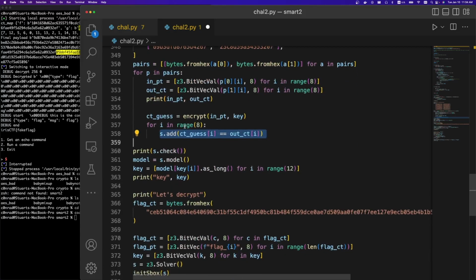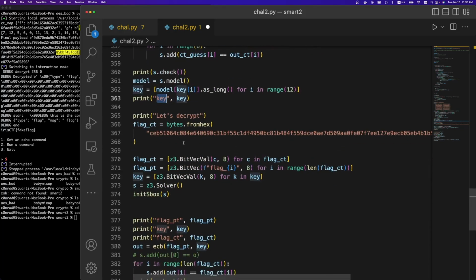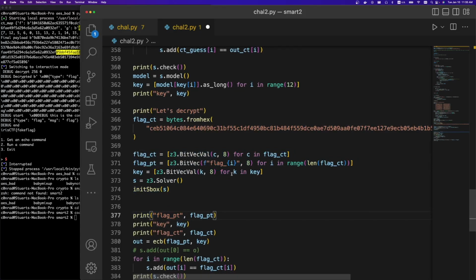I don't know how many pairs we actually need, but we do that and we ask if it's able to solve itself. It is able to solve. It says SAT. Then we generate a model and we ask it for the key and it'll give us the key. And then from there, we could go back to the code we had in SMarT1, which did the manual decryption, but we already have the SAT solver set up. So basically I just generate the flag